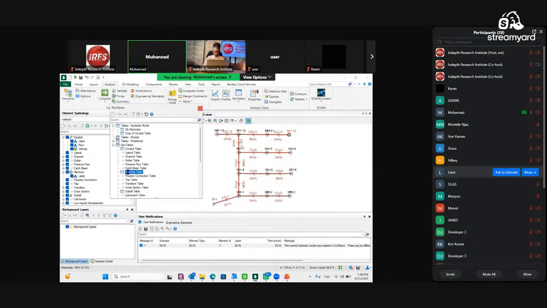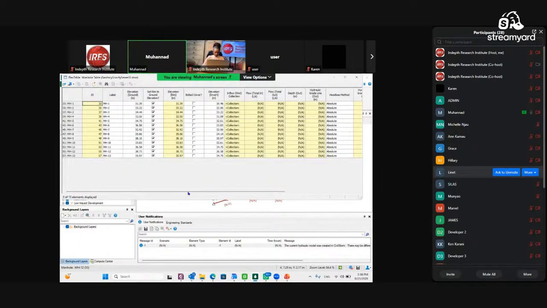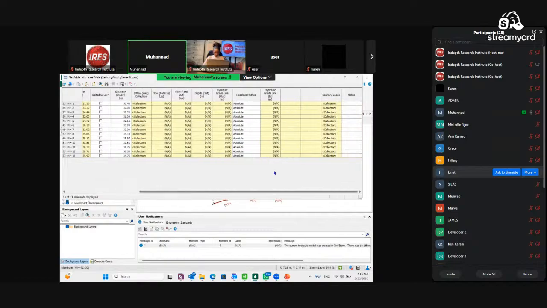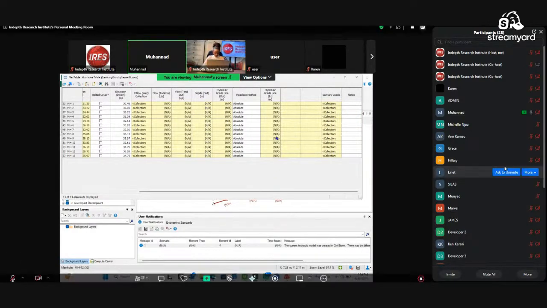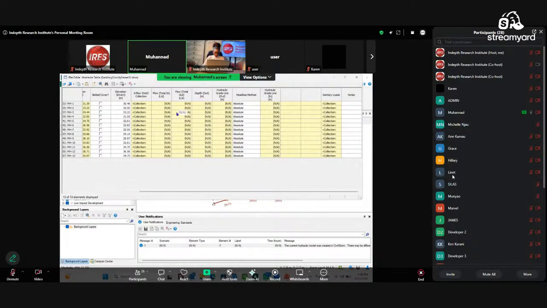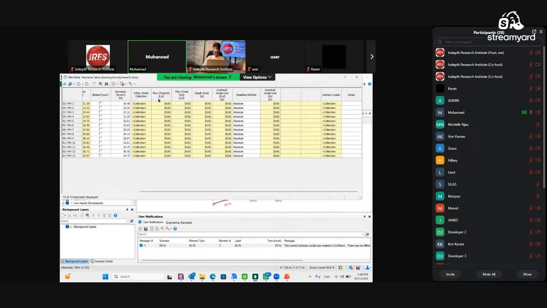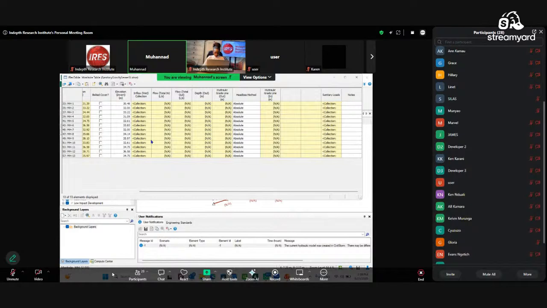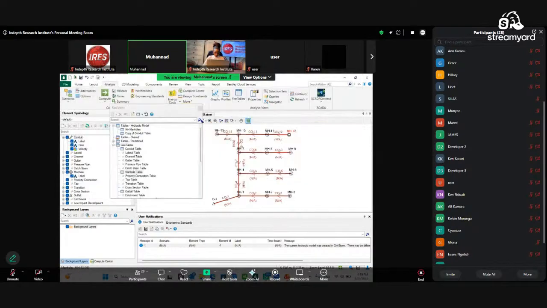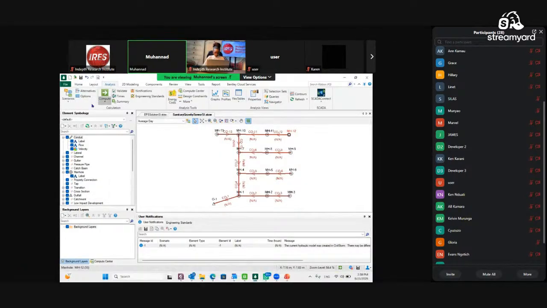Now, when I go to my flex table and go to my manhole, I can see that so far I don't have any hydraulic grade line or energy grade line, because I did not run it yet. All that you can see here in yellow is either a result or something that I could not edit here. If I compute, I get here multiple scenarios. So this is the average day. When I compute,